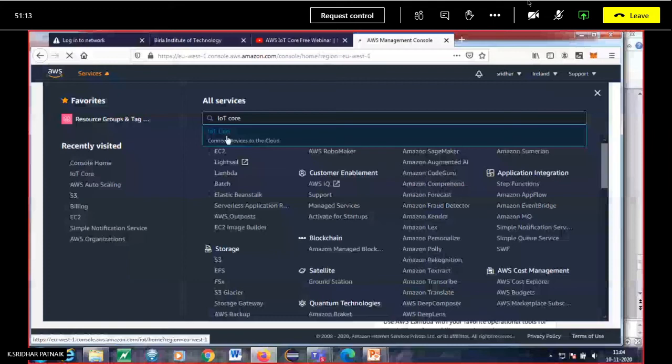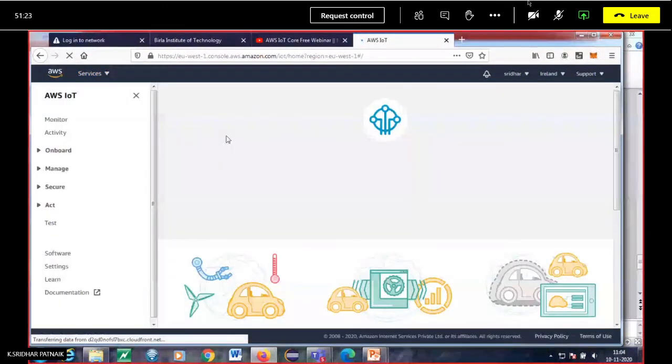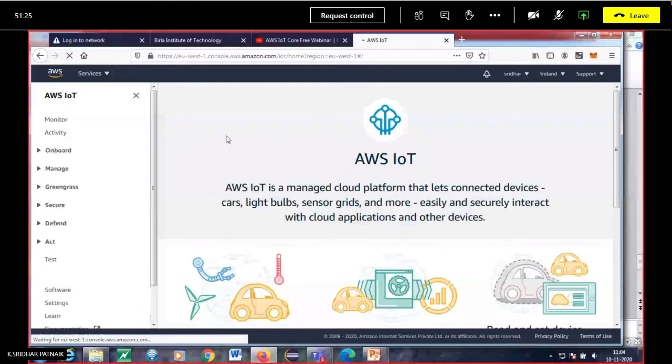So I'm looking for IoT Core. Okay. Because IoT Core acts as a subscriber. Okay. So as soon as you open this